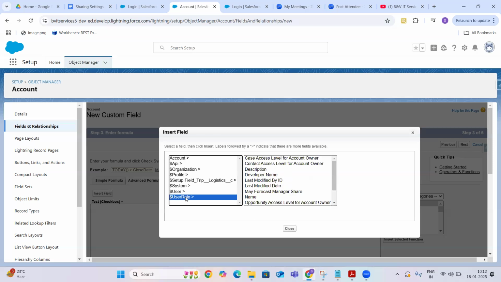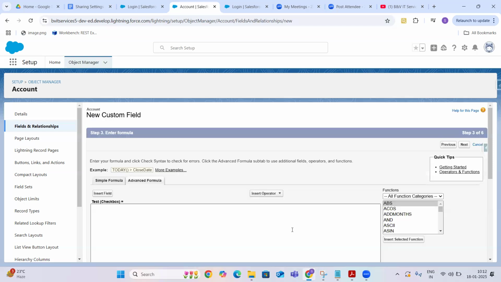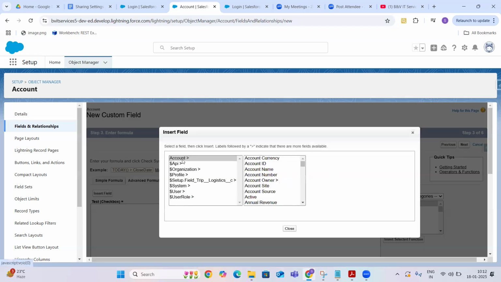And then user roles. Okay, what is the role ID. Like this, you can check the user roles. Mostly, at most, we use account, profiles and users sometimes. Depending on the situation, depending on the validation, and depending on the formula that we need to develop, we use accordingly.